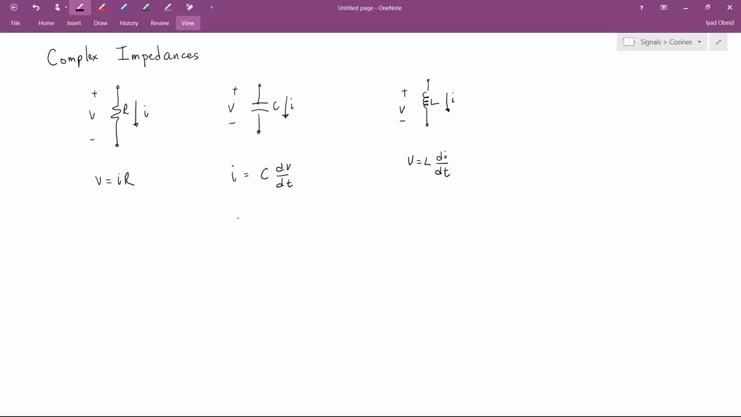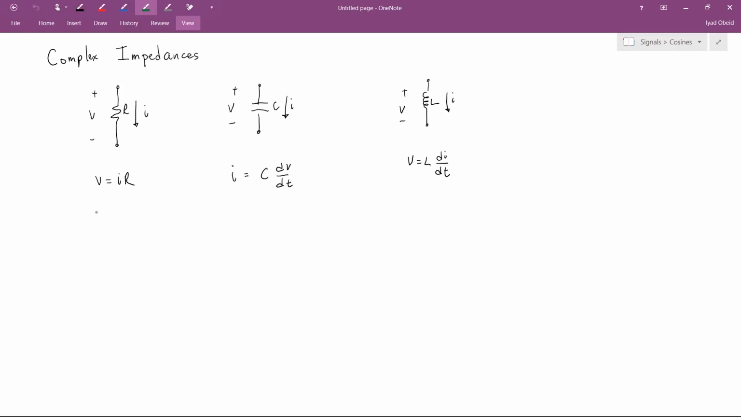In the case of the capacitor, it's I equals C dV/dt. That relates current to voltage. And for the inductor, it's V equals L di/dt, which again relates current to voltage. So these are all time-based equations. What I'd like to do now is take the Fourier transform of all three of these to get a frequency-based